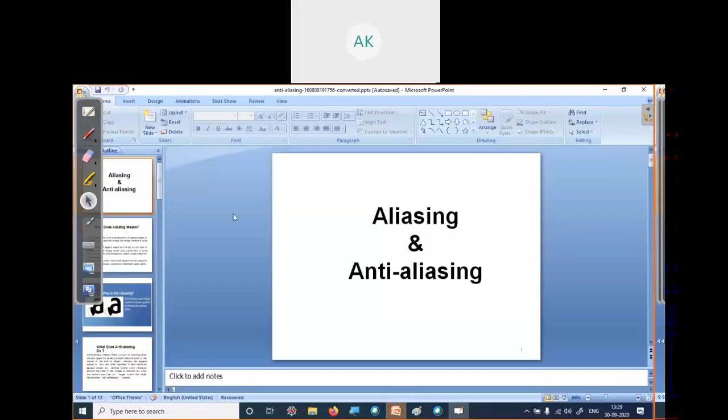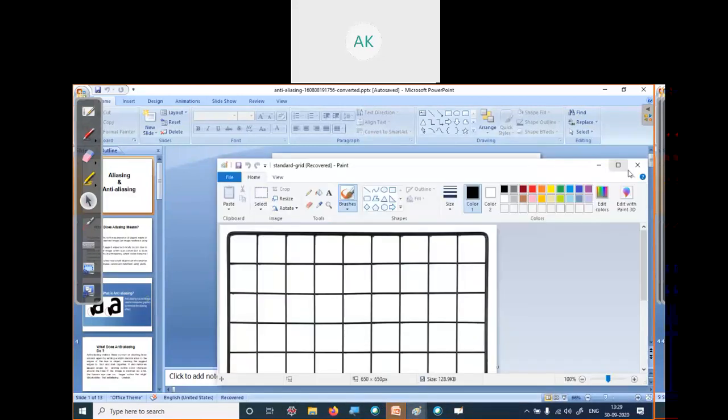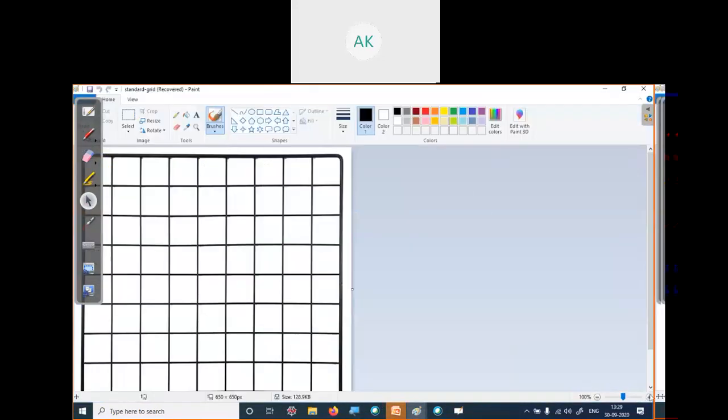Okay, so is it clear to all of you? Is it clear? If it is not clear, let's see. Suppose this is the grid structure of your screen, and you plot a line. You can dark a complete grid. You cannot dark half of this structure. You cannot take this much portion. You have to take the whole pixel, because this is the minimum unit which you can color.